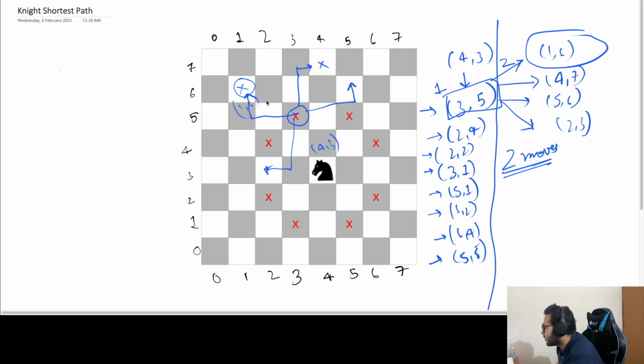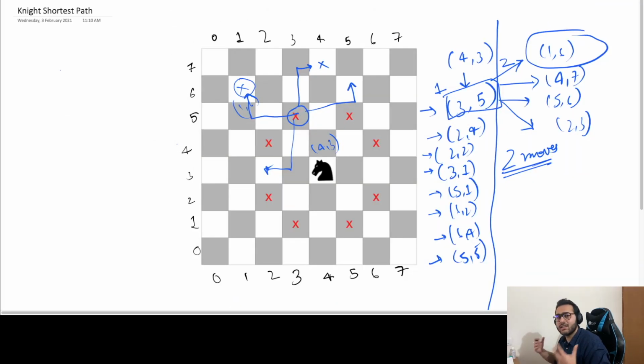So this is the algorithm. Let's just generalize it so that we can implement it in a programming language. So I'm going to discuss that. So let's see how we can accomplish this using an algorithm which can be translated into code very easily, right? So I'm going to write this side.